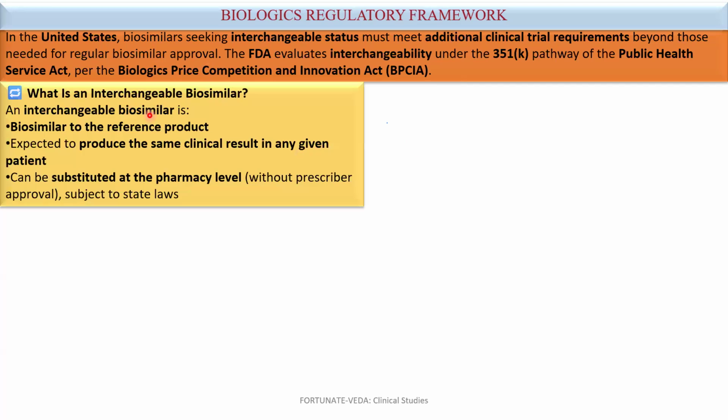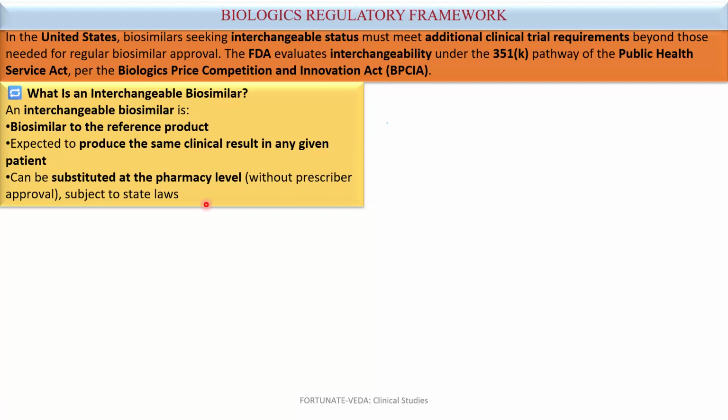So here, what does an interchangeable biosimilar mean? An interchangeable biosimilar is a biosimilar to the reference product. First, it is nothing but a biosimilar, and it is expected to produce the same clinical results in any given patient. This is what is required to be shown during switching studies in the clinical. It can be substituted at the pharmacy level without prescribing. Approvals are subject to state laws. This is how the government body has produced the rules and regulations for interchangeable biosimilars. The pharmacist can deliver the product,